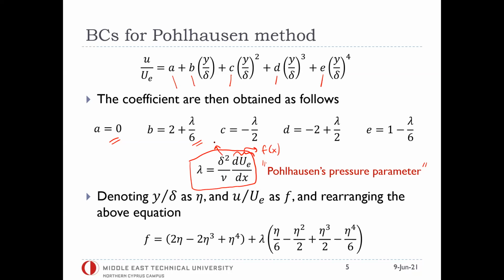And delta, which is also a function of x. So at any fixed x location, if we are talking about this boundary layer growth over this object, we have a constant value for lambda. At that location, delta will be a constant, Ue over UX will be a constant. So at a fixed x location, all these polynomial parameters will have constant values,